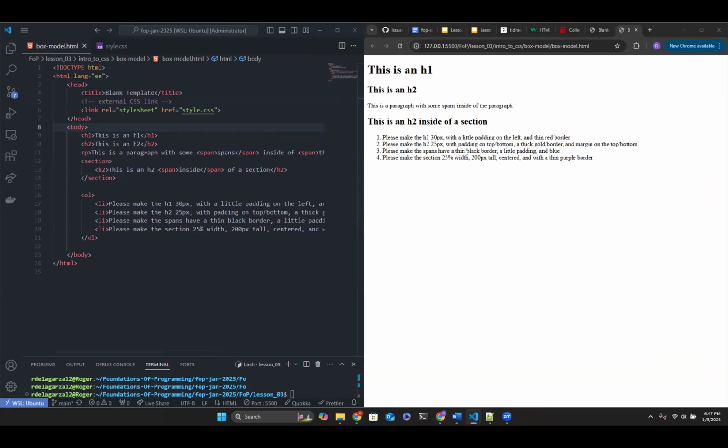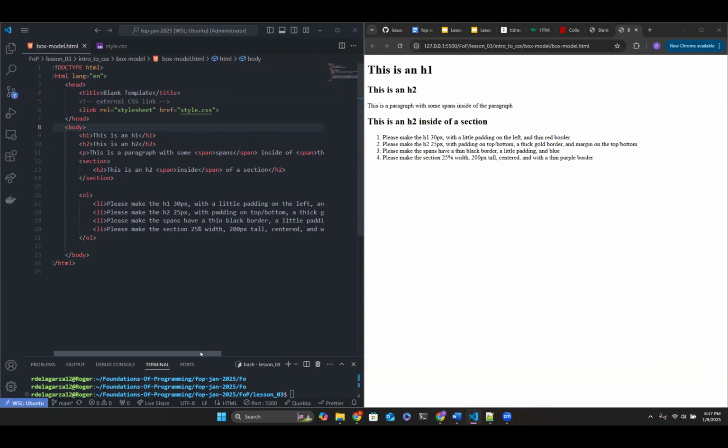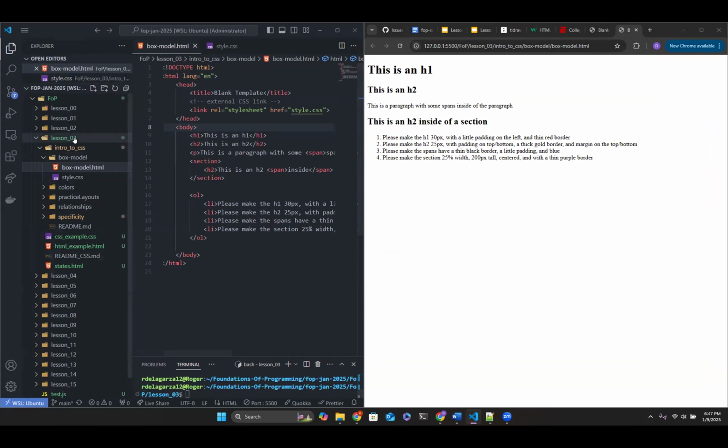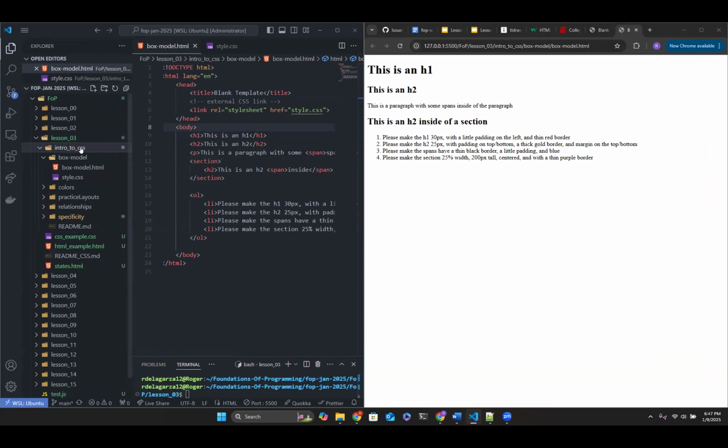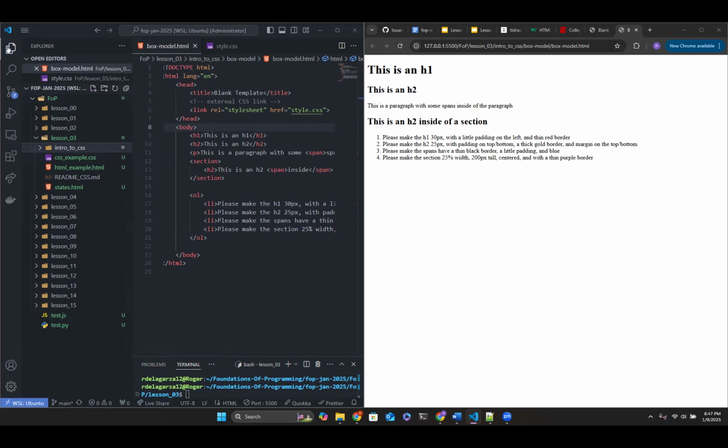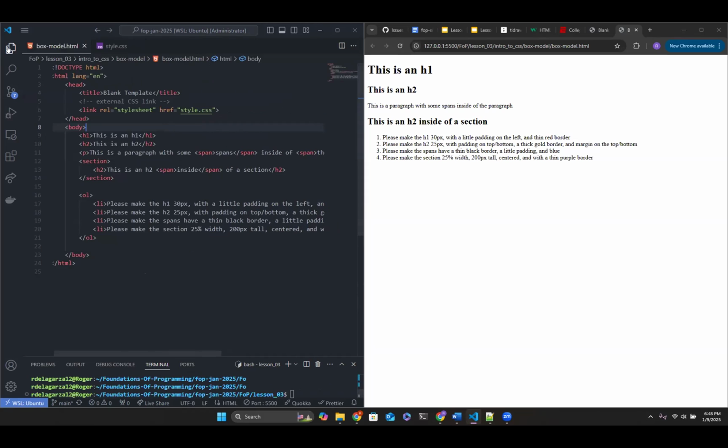I'll give you guys the option. Do you guys want to give this a try yourself, or do you want me to walk through it and we can talk through it as I go? I'd like to follow along, but I'm trying to find it. Where was it? Yeah, it's still within the CSS lesson, so lesson 03. It should be an intro to CSS. Oh, the box model. There it is. All right, thank you. Yeah, the box model. That's something I think I would like to do myself too, but it'd probably take more than like 5 minutes. It'd probably take a little bit longer.